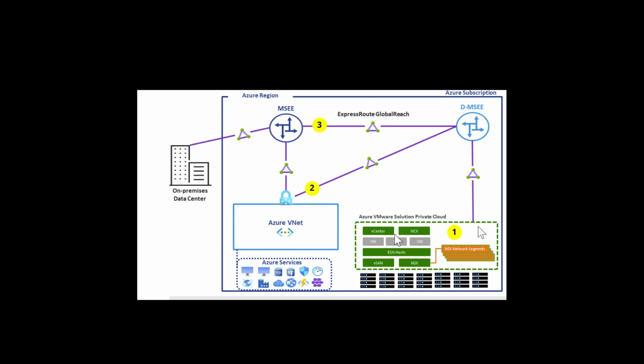Additionally, Azure VMware Solution needs to communicate back to the on-prem environment, and it's going to do that via Global Reach, which effectively is like cross-connecting the Express Route coming from on-premises and the Express Route coming from Azure VMware Solution. If you do not have an Express Route coming from on-premises, you would skip this part, the Express Route Global Reach. You wouldn't be configuring that, but you would still have to